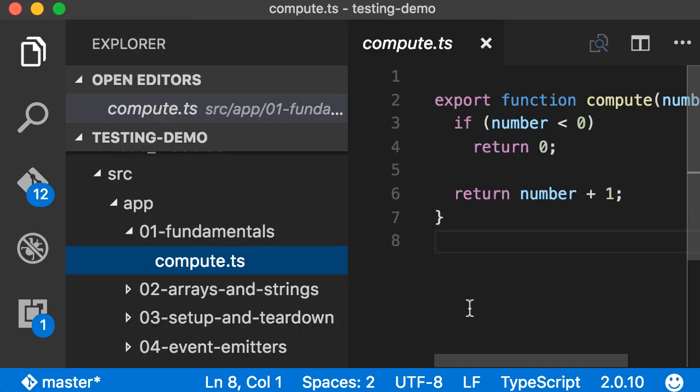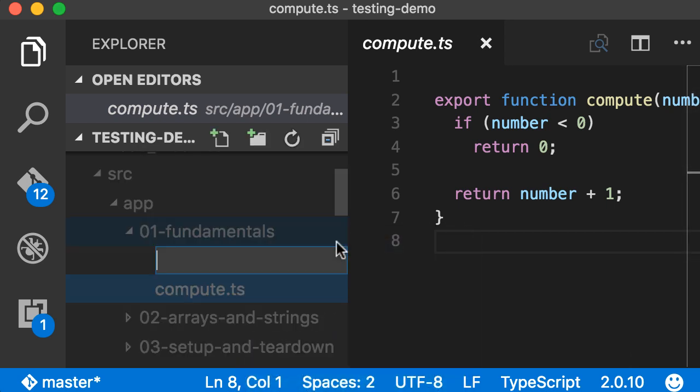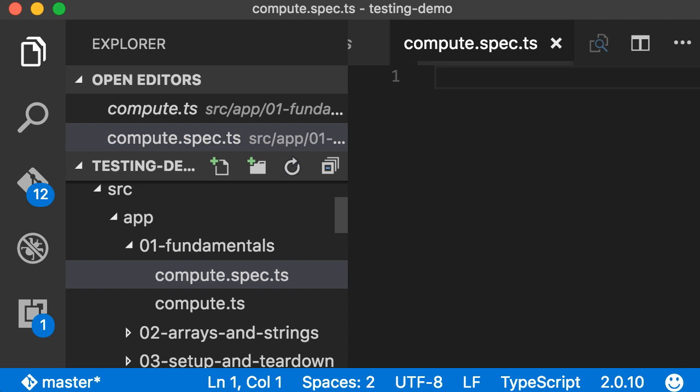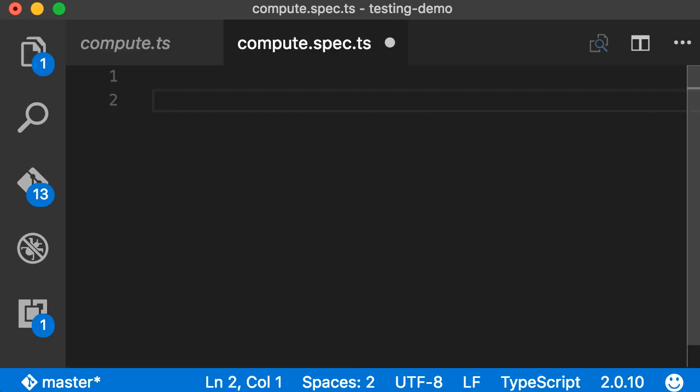All right, now to create a unit test for this function, in the same folder, we're going to create a new file. Look at the naming convention: compute.spec.ts. So all our test files should have .spec.ts. This is the pattern that Karma, our test runner, is looking for. So anytime it finds files that match this pattern, it looks at the tests in these files and runs those tests for us. Now in the projects that we create with Angular CLI, we use Jasmine as our testing framework,